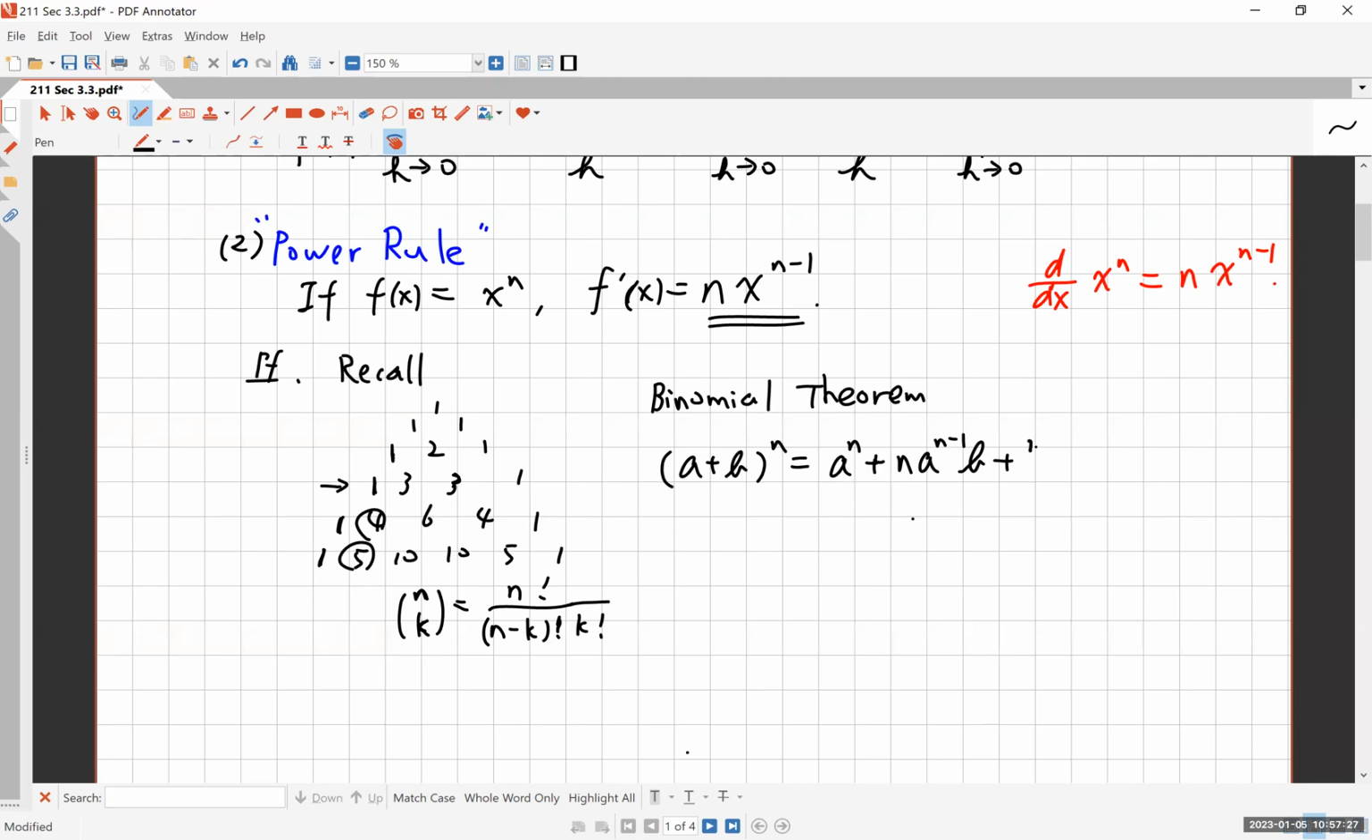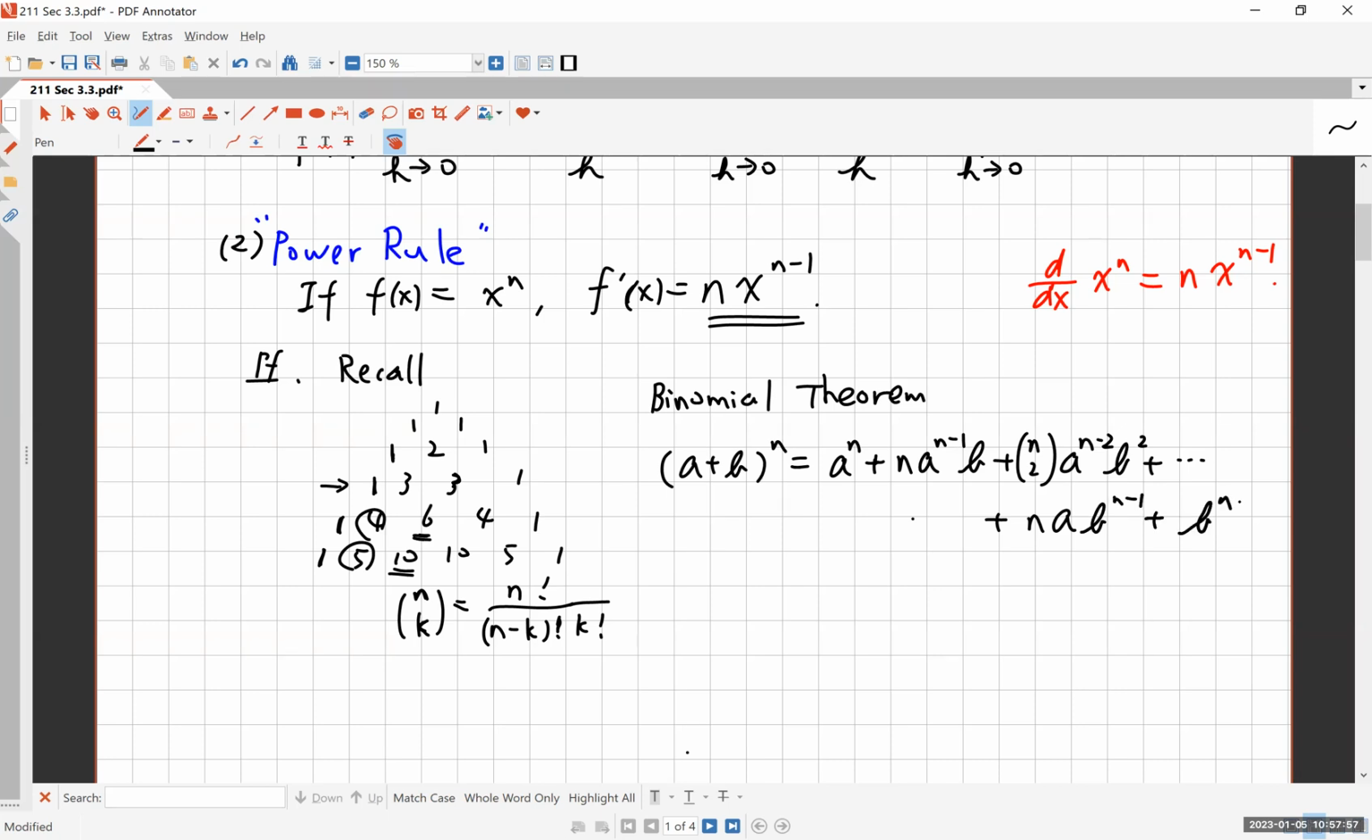Right. So the next one is going to be n choose 2. So that would be the third number you see here. So if it's the fourth power, it'll be 6. Fifth power, it'll be 10, and so on. And then a to the n minus 2, b squared, plus, and so on. And then toward the end, you will see n a b to the n minus 1 plus b